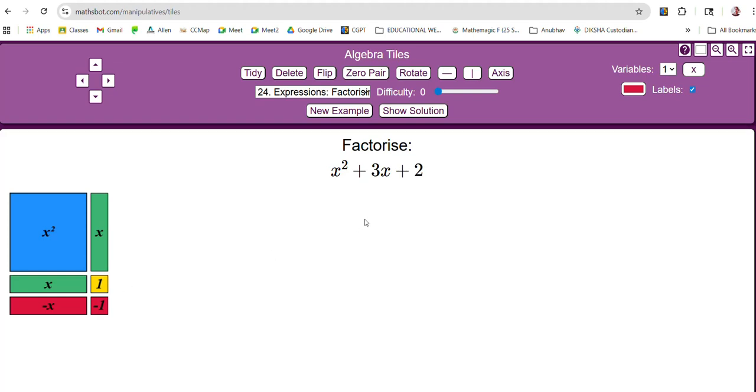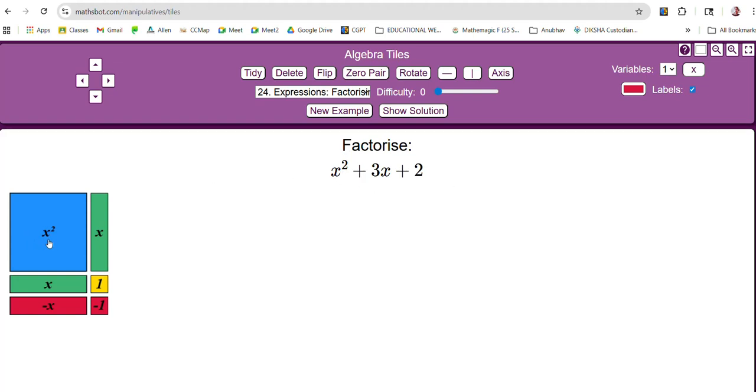So when we factorize a quadratic polynomial we get two factors, right? If both the factors are the same, you have to arrange the algebra tiles, and when you arrange them, you get a complete square. And when you have two different factors, it means when you arrange the algebra tiles, you get a rectangle.